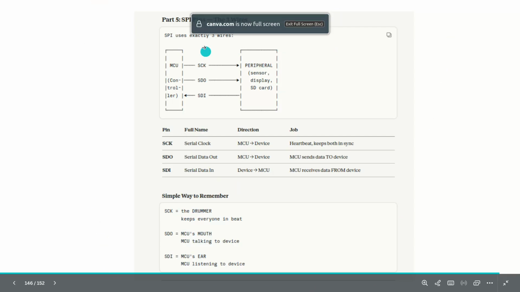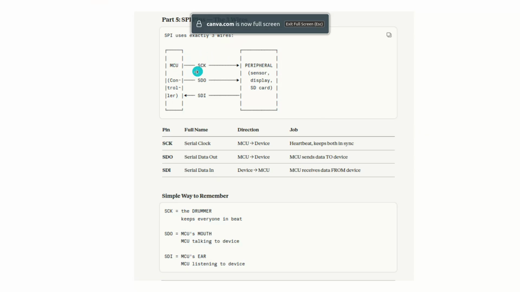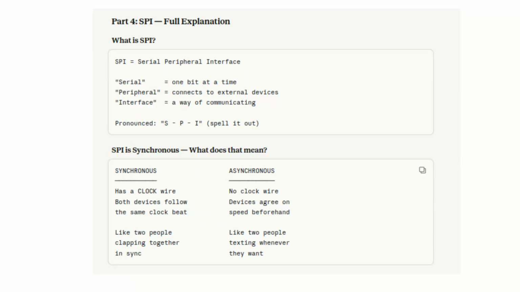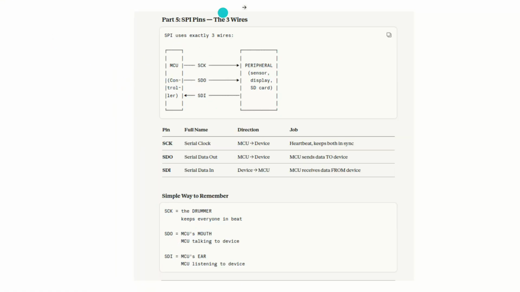Now there are some SPI pins. Our microcontroller unit has to communicate with the peripheral device, as I told you, using SPI. SPI has three wires, that is SCK, SDO and SDI. SCK is the serial clock. We told you there is a clock wire. Serial clock is SCK, whose direction is from the MCU to the device, and its heartbeat keeps both in sync. It makes sure the MCU and the peripheral are synchronous. Both devices follow the same clock beat maintained from the MCU to the peripheral